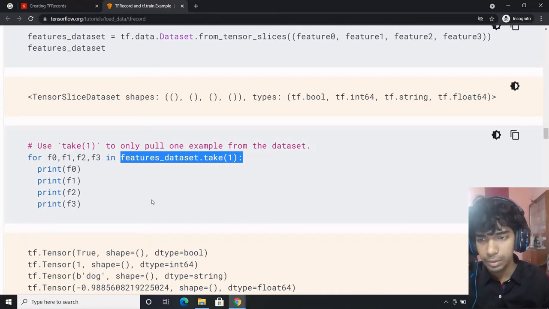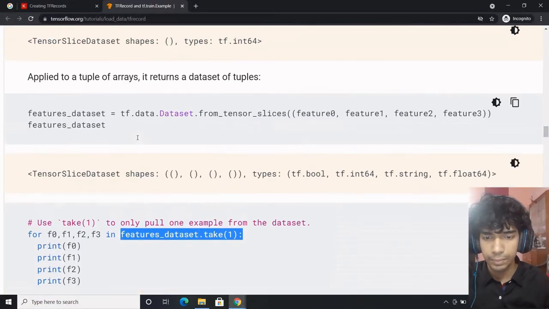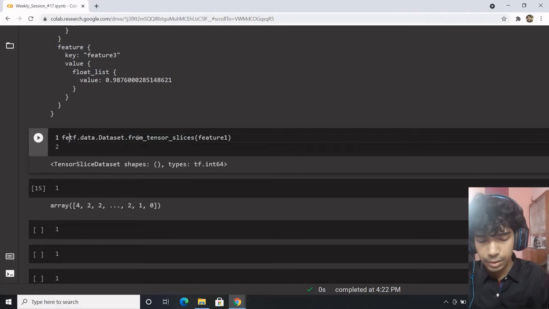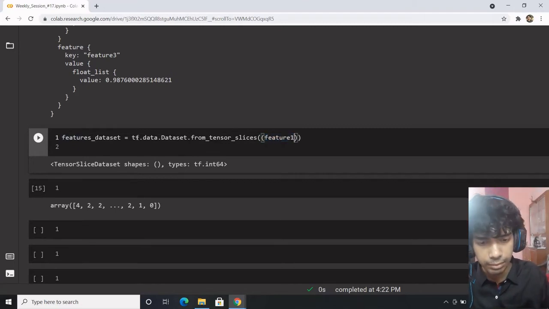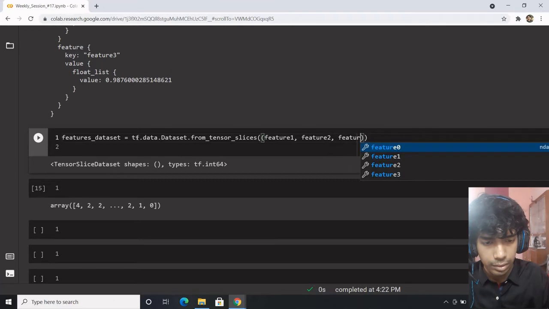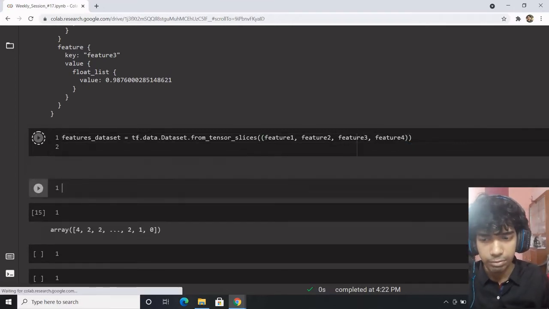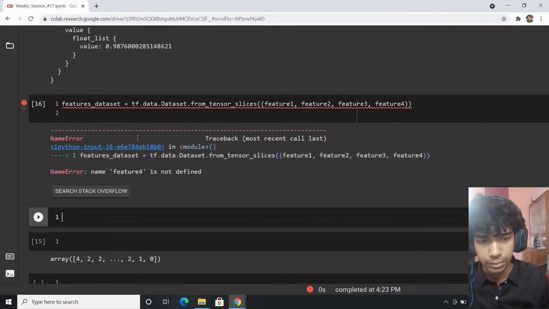.take method. So let's say you have obtained your feature dataset. Let's store it over here, like say features dataset would be equal to this tensor slices, wherein I don't have a single feature, rather I have multiple features: feature 1, feature 2, feature 3 and feature 4. These are the four features I have for my features dataset. Now what I do is